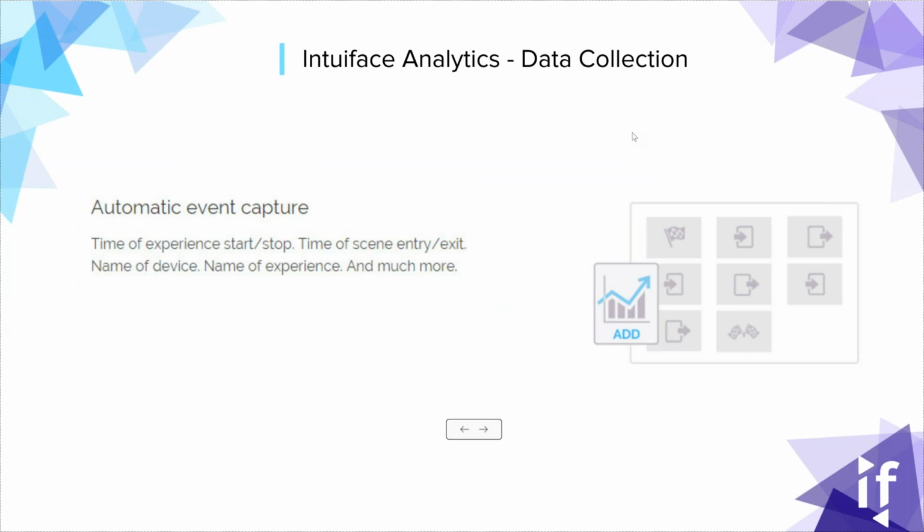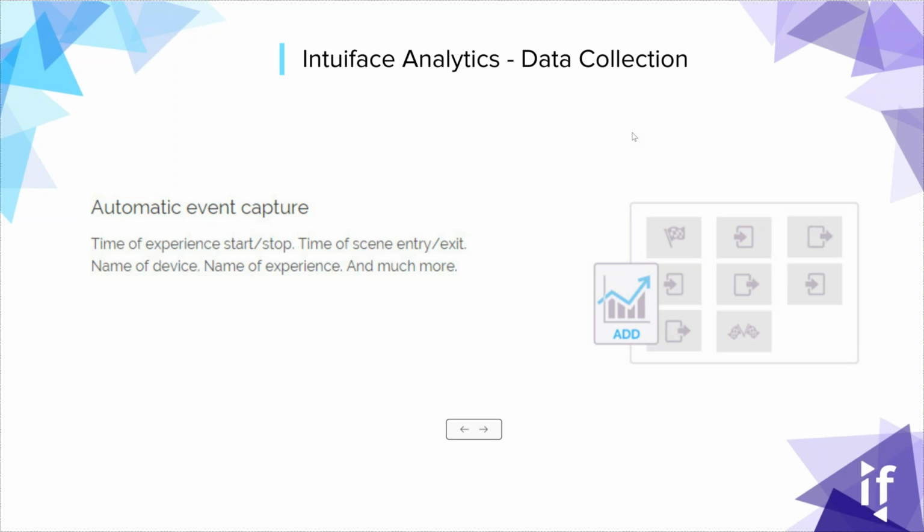Let's break down a little bit this notion of data collection. I had said that you can identify what information you want to collect. Let's look at that a little more closely. First of all, there's a set of information we're going to collect about every event you care about. Every time an event that you care about occurs, could be when a video is watched, when a book is read, when an item is put in a shopping cart, when a new scene is visited, any of these events,